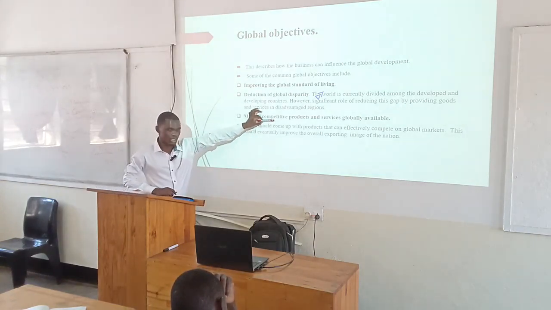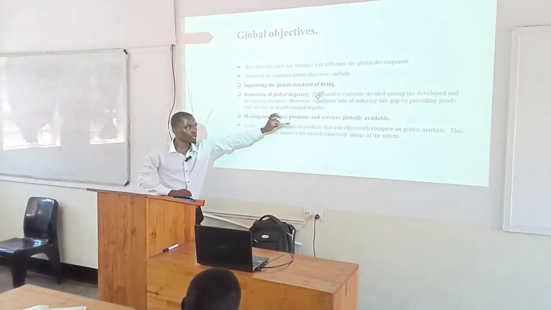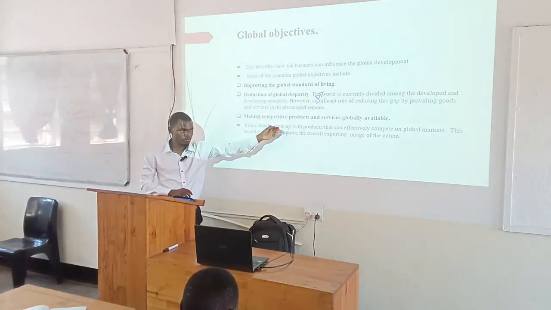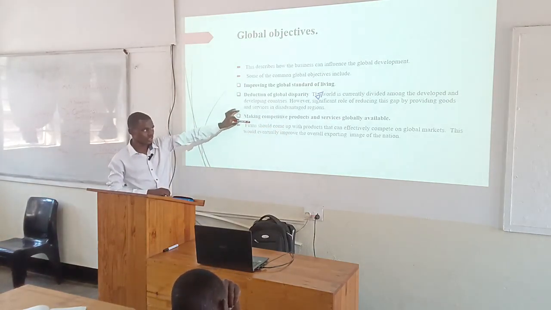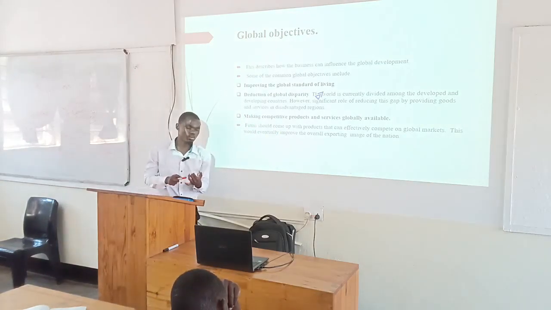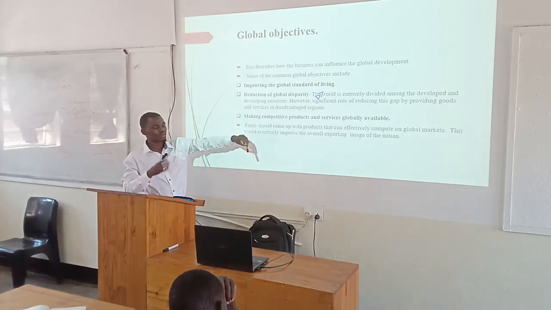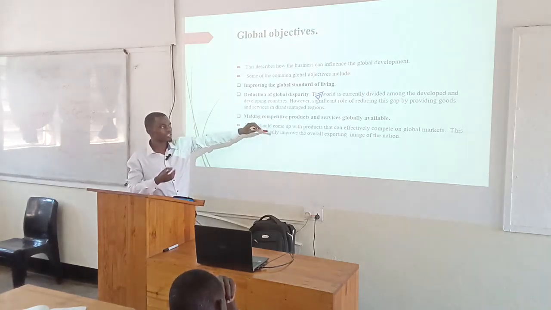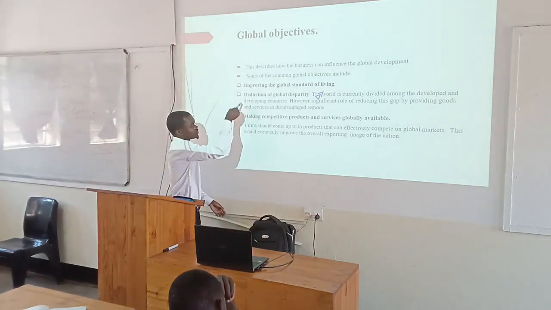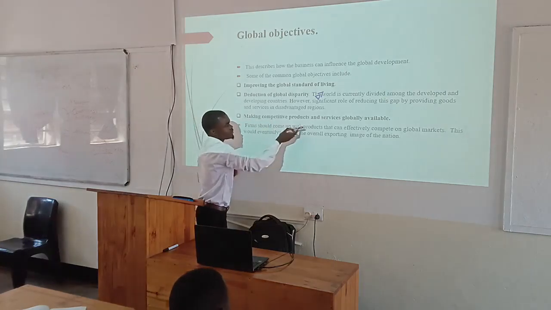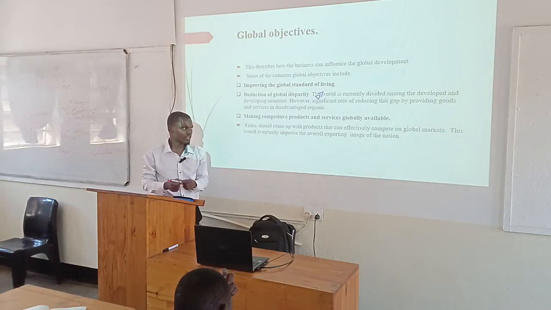The other one is this one. We want to make sure that competitive products or quality products are available across the globe. For example, we still use that example. A company based in the US would automatically provide competitive or quality products. But then those quality products are only based in the US. Now it's the objective of this organization to make sure that those products are available globally, so each and every person across the world is able to access that product.